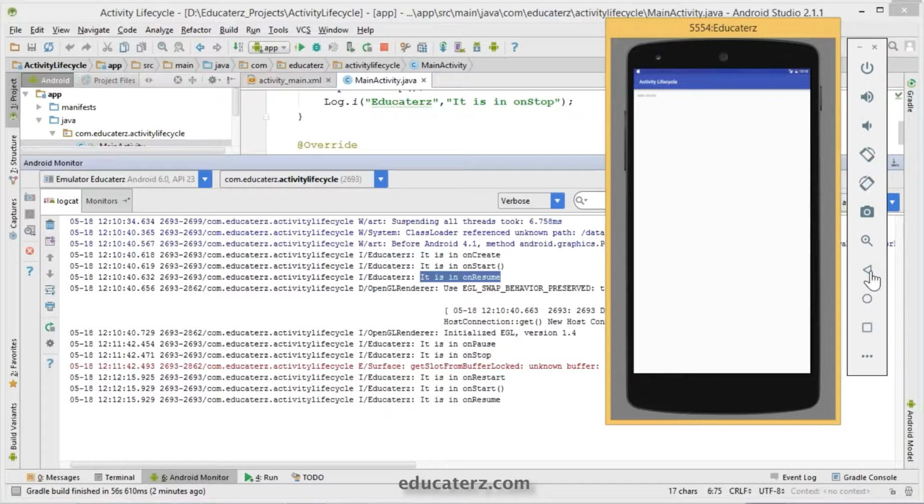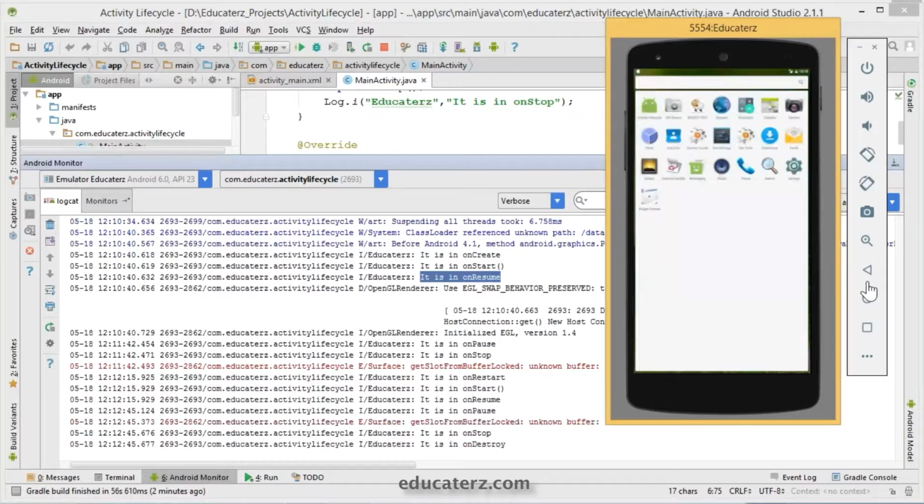So now just click on back button, observe here, on stop and on destroy. So this is how we'll implement all of your application callback methods. See here, on create, on start, on resume, on pause, on stop, on restart, on destroy. All the methods have been covered here. So this is how we'll work with activity lifecycle and how to implement those methods.